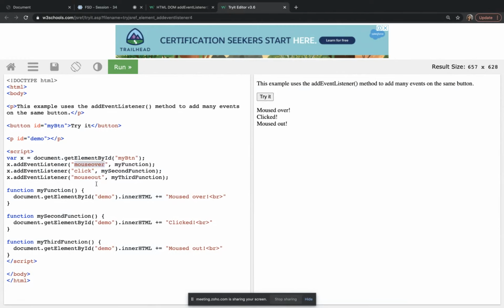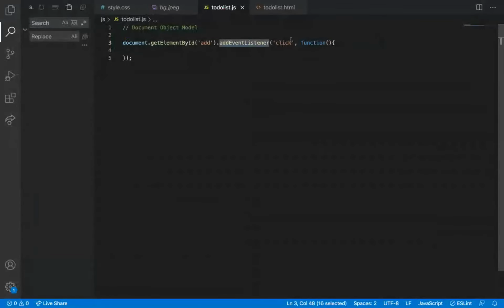So what is happening is we are adding a listener to it, and while adding a listener, we are calling some function. We will refactor like this after this. For understanding, I am writing like this. So this is the function inside it. We'll write code inside it, and then we will refactor it so we can keep this function outside of it, and then we can call it just by name.